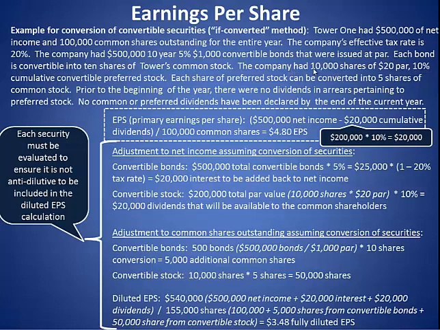The par value of my total stock would be $200,000. $20 par times 10,000 shares would be $200,000. So we're going to pay 10% dividends on a total par value of $200,000. So that comes out to $20,000 of cumulative dividends. So it's $500,000 net income minus my $20,000 of cumulative dividends divided by my 100,000 common shares. So it comes out to